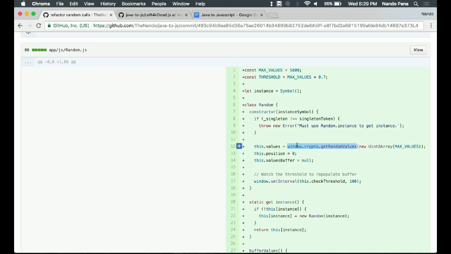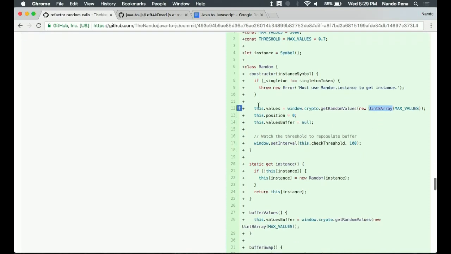It doesn't give you them. It accepts an array, and then it puts in each of those places a random number that meets the criteria of whatever the type is. So if I'd told this to be a 32-bit int, then getRandomValues would have produced 32-bit random numbers. Here I'm using 8-bit, so 0 to 255.